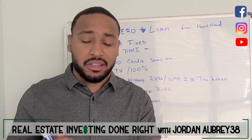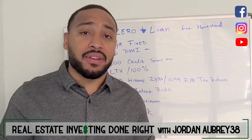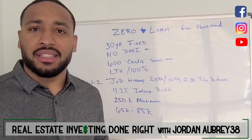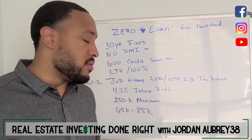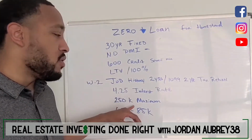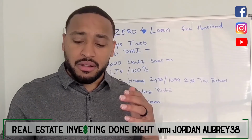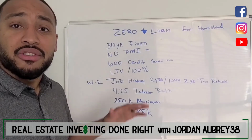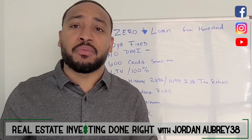All you have to do is have a 600 credit score. Don't make more than 65, or don't make more than 85. 85 is more for the Metroplex. So in Dallas, it's 85,000 because the cost of living here is more expensive, so typically your jobs are a little bit better. So you can't make over 85,000. They raise it up for you. Still, the maximum for the loan is 250, regardless of where you are. With those particular things, if they fit inside of here, you're good to go. You can get a loan for no money down. And the best part, I believe the best part of it is